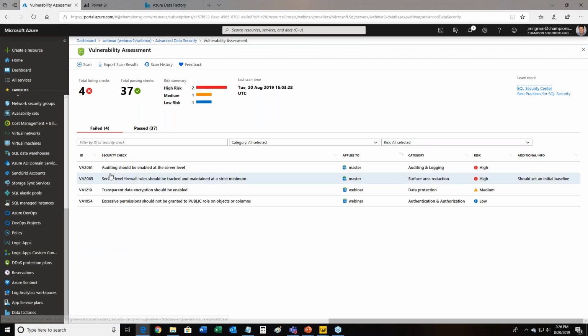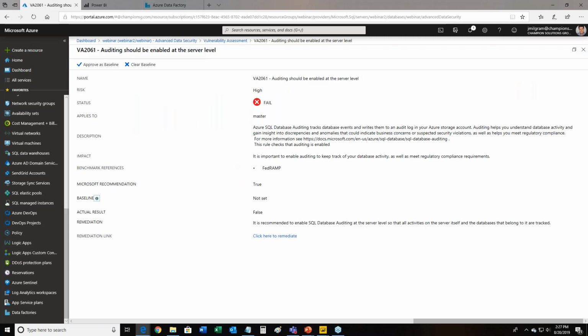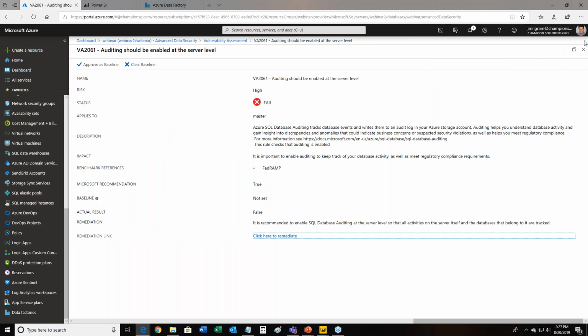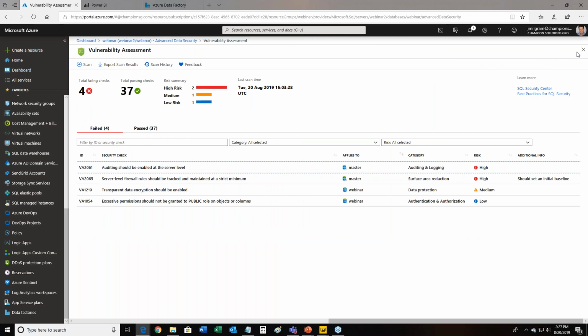all built in. I need to have auditing. Now, whoever set your data lake up, if you see this, that's a red flag in and of itself, because they should already have turned this on. But I left it in here for the demo, and you can click on it, read it, saying, huh, okay, this sounds important. And it says here, click here to remediate. And I can actually turn it on right here. Now, I'm not going to turn it on there because I just want to show you where it is in the interface.